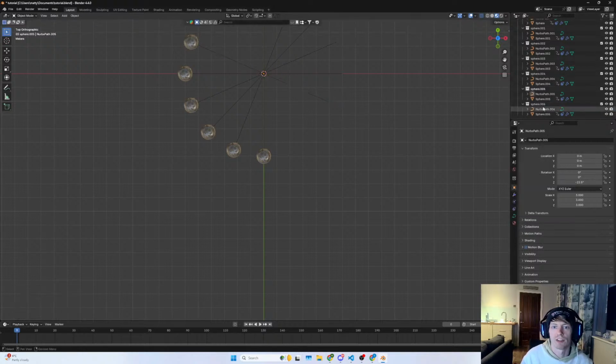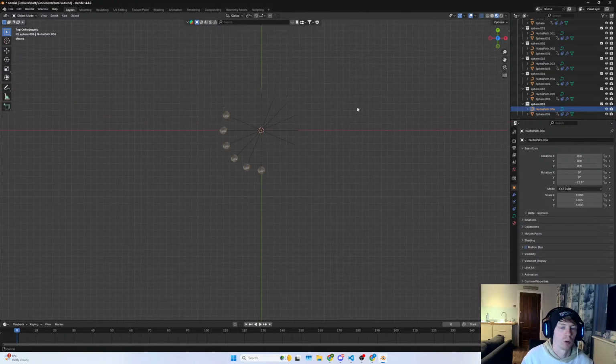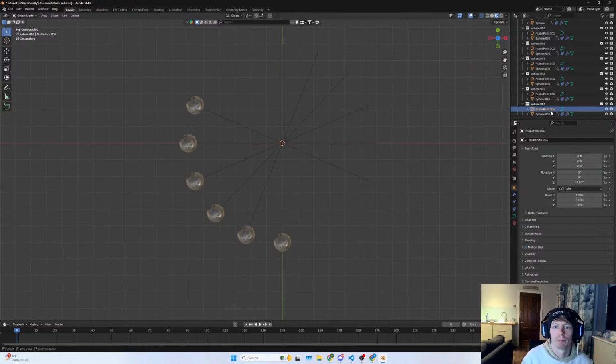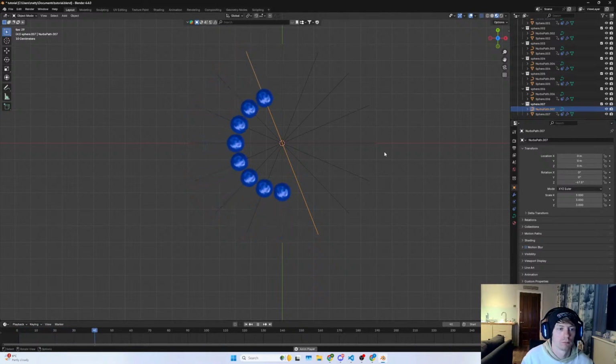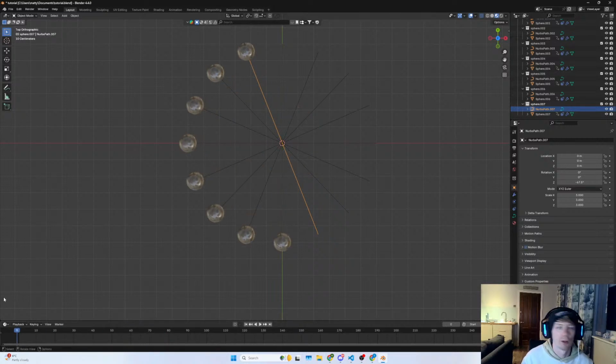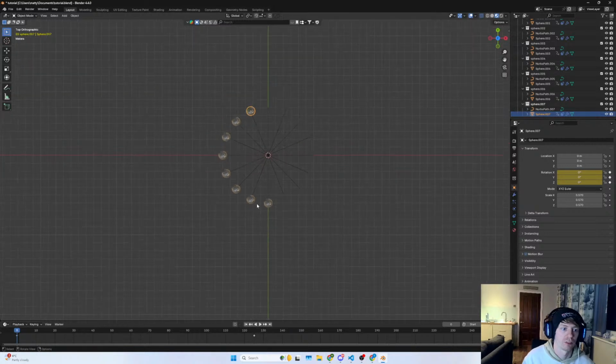You can use arrays and stuff like that if you want, feel free. I just don't right now. Just duplicating. Amazing. Okay, now, because of the scales that we've all chose here, this sphere,